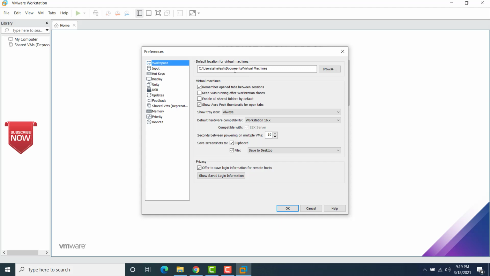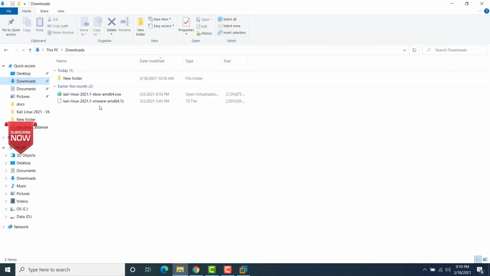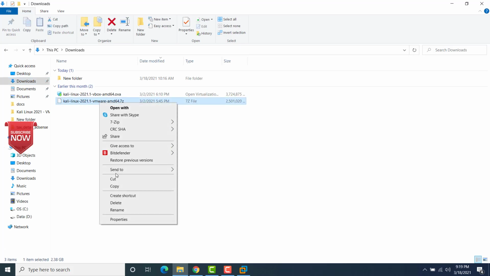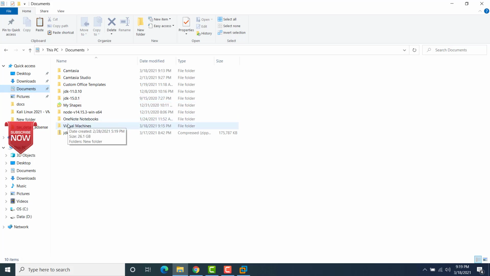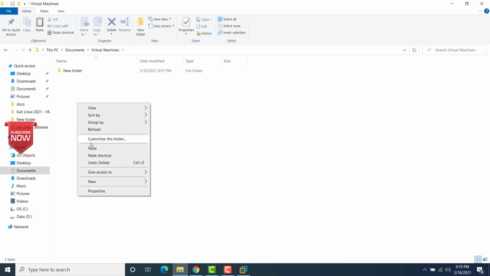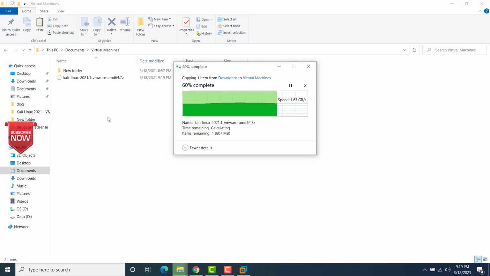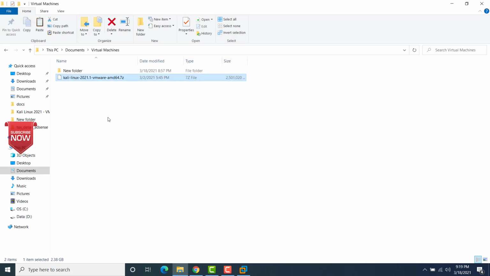This is under your Documents folder, in Virtual Machines. So what I would do is copy the VMware files inside the Documents folder here like this. This is only for convenience. You don't really have to do it, but normally I prefer to.